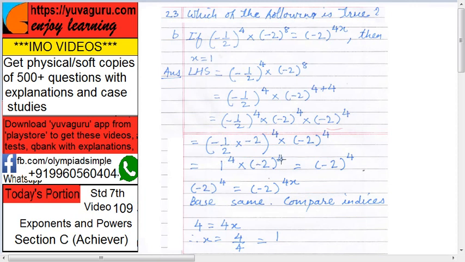So (minus 2)^4, 1^4 is 1. (Minus 2)^4, keep it as it is. Don't solve this because you want to equate this with the RHS. So (minus 2)^4 equals (minus 2)^(4x). Base is same, compare the indices. 4 equals 4x, right? Solve this, x equals 1. So the given state